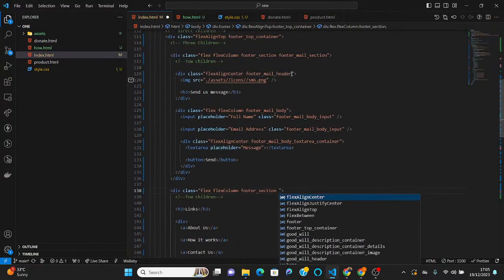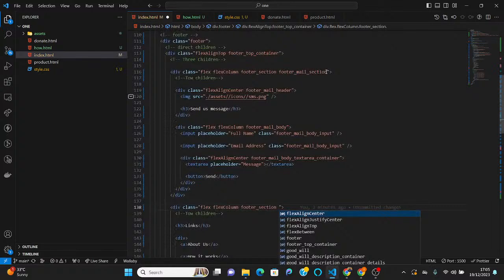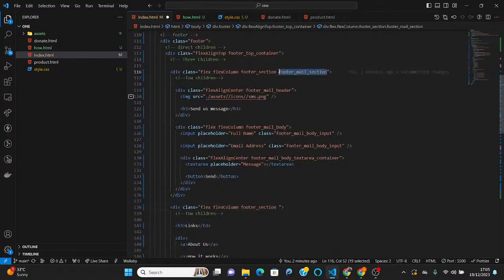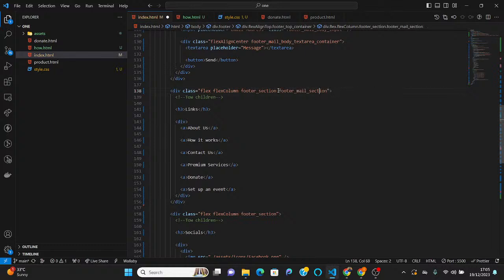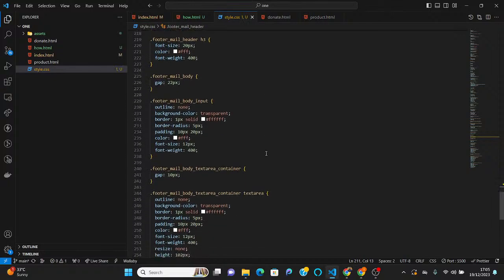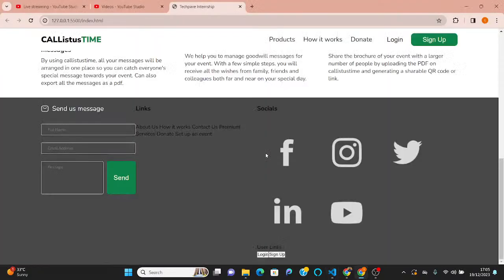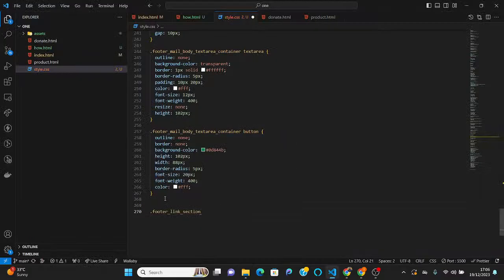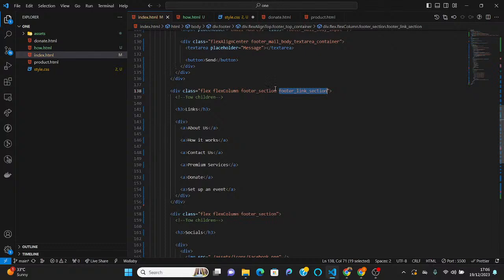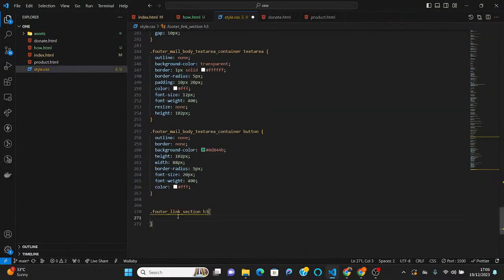We call this footer mail section. Now let's call this footer link section. Footer link section. So now let's go and do something justice to footer link section. We have succeeded in separating them, but let's also add something to footer link section, which is the H3. The H3 in footer link section. So what are we going to do to the H3? Let's add what is called